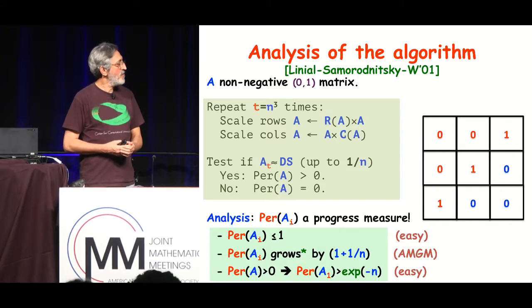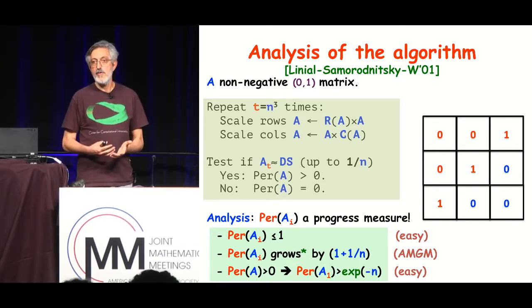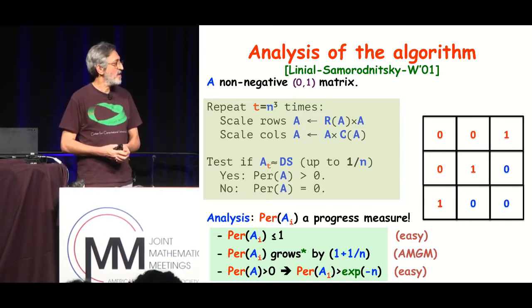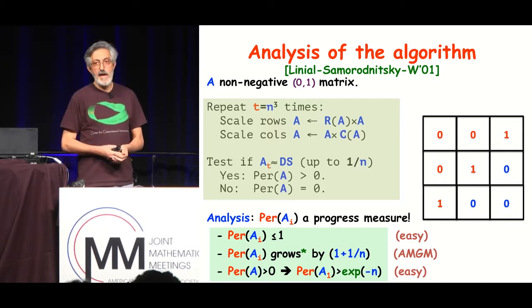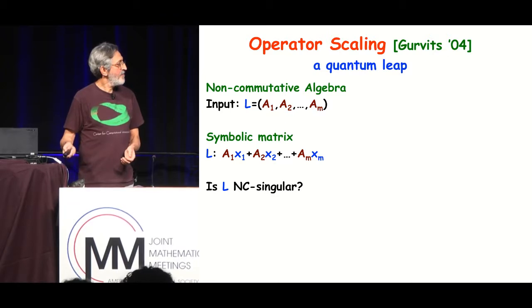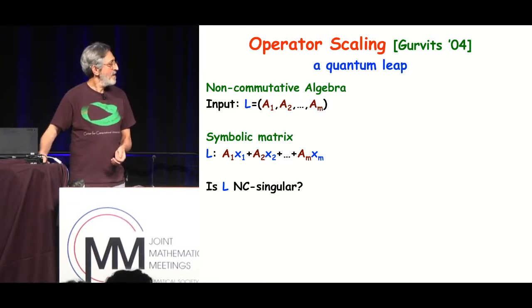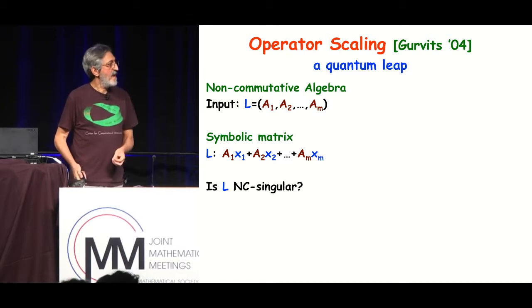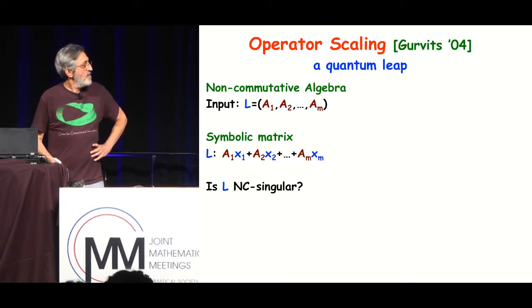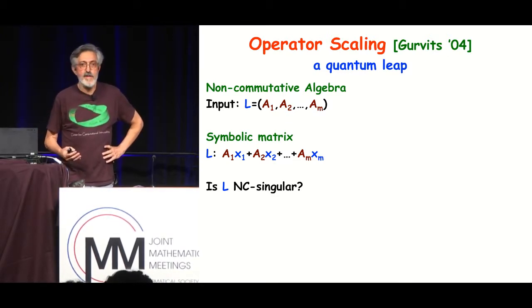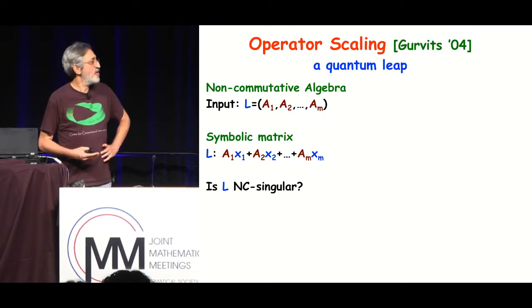Here it's simple. And now I want to explain what is the algorithm that solves the more general problem, the problem of non-commutative singularity of symbolic matrices. And the algorithm actually existed for something like 15 years. Only its analysis didn't exist. So this algorithm is the operator scaling algorithm, and it was developed by Gurwitz. So what I want to explain is the leap, this quantum leap. It's a pun, which is intended,